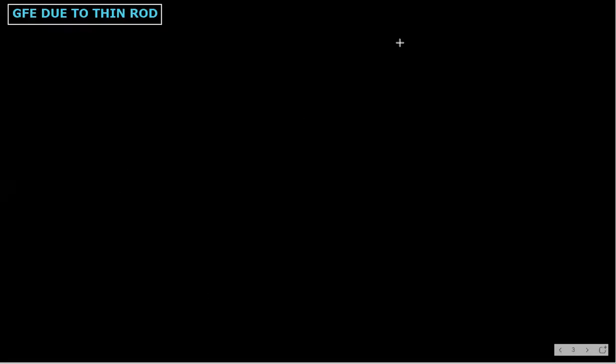Now let us suppose this is a rod. Okay, can you see here? This is a thin rod whose length is, let us suppose, capital L. What is the length of this rod? Capital L. Now I want to find gravitational field intensity at this point P. Listen carefully. This is a rod whose length is L, and let us suppose its mass is capital M.